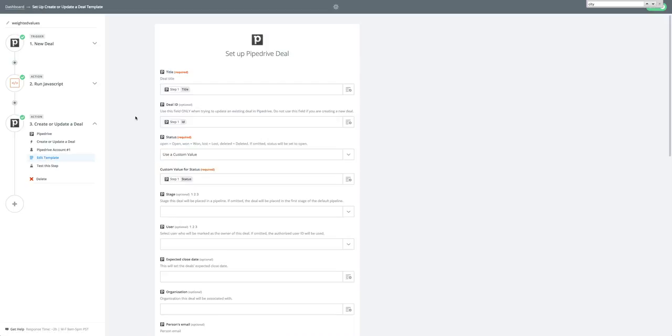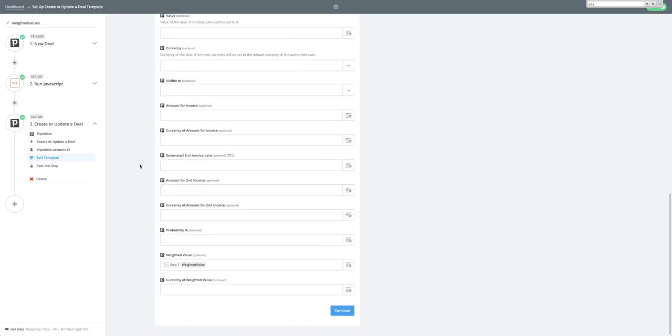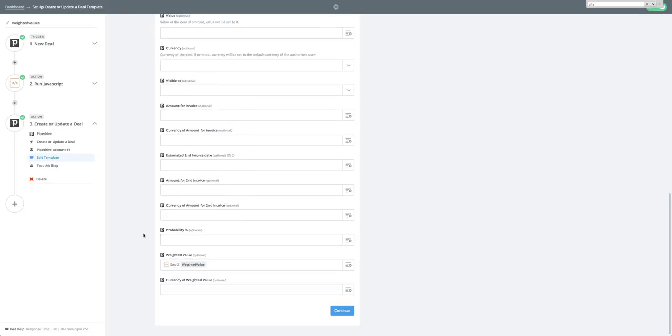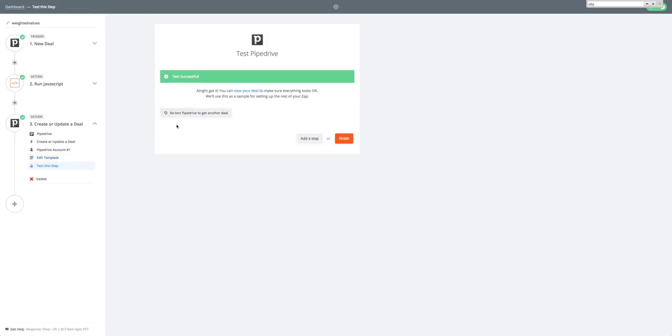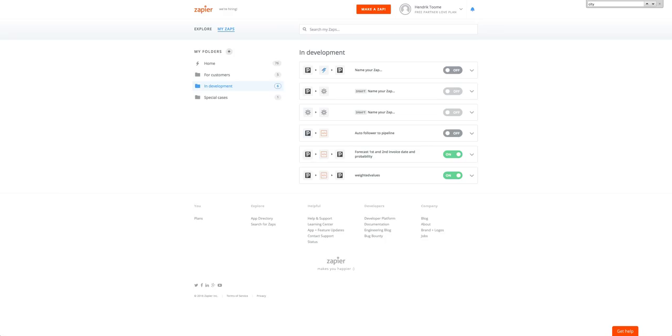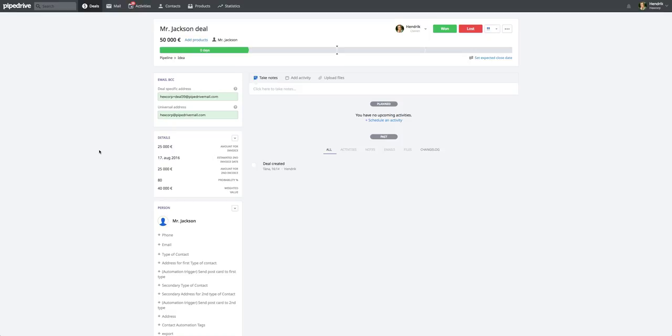And here, once again, we have to make up the title, ID, with the status, and we don't touch anything else. And the only thing you add here is, if you scroll at the bottom, weight value. And then we look up for run JavaScript, and here, weight value. That's what you select. We will click continue, and same thing. It will take 5 minutes,